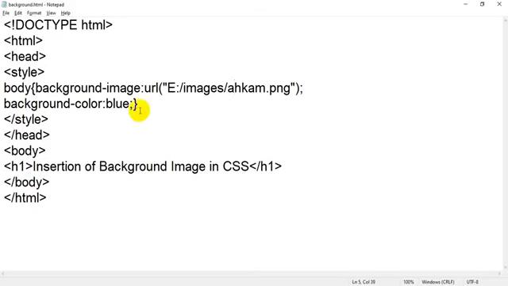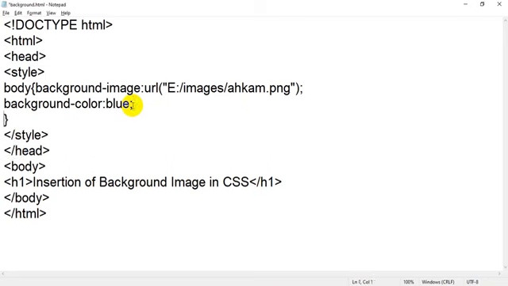Just go back to this property, add background repeat, and what is the value? Background repeat, you have to write no repeat. Okay, so I have added one more property, that is background repeat, and the value is no repeat.